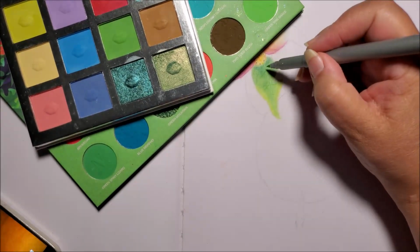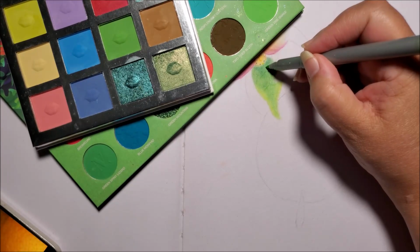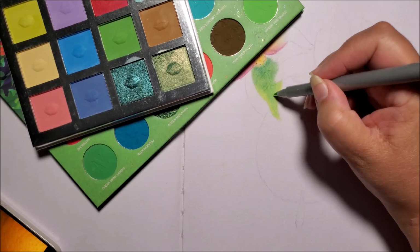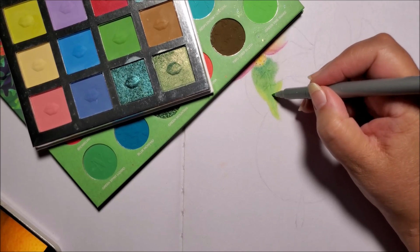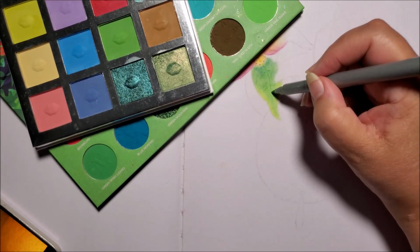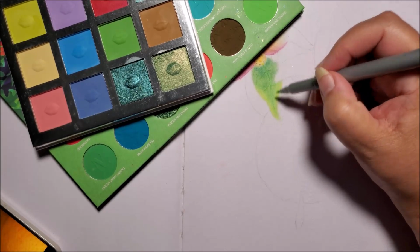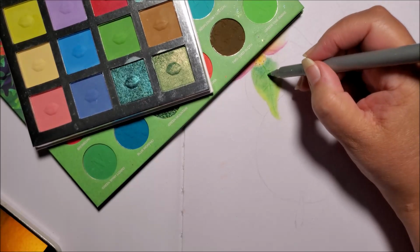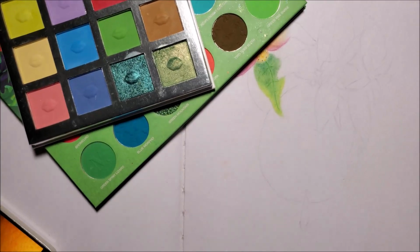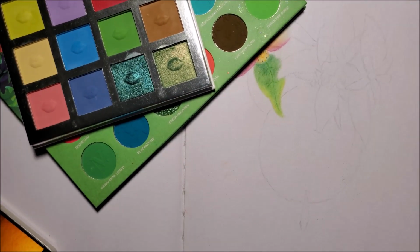So apparently texturing greens is a bit hard to do. It may require some of the markers, which is what I'm using here. Who knew? I did so well with my other citrus picture. I'm a little discombobulated as to why this one's not working out so well. But then again, I have ADHD, and